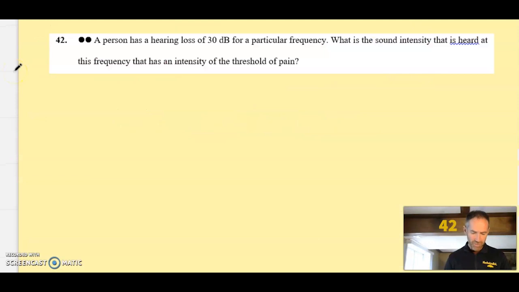On number 42, it says a person has a hearing loss of 30 decibels for a particular frequency. What's the sound intensity that is heard, that's going to be for this person, at this frequency that has an intensity of the threshold of pain? Now, this is something that you may have had to look up. The threshold of pain is going to vary from person to person, but just like the threshold of hearing is taken as that 1 times 10 to the minus 12 watts per square meter, threshold of pain is going to have a value that we're going to use as an average too. We'll generally say that the threshold of pain is 1 times 10 to the 0 watts per square meter,